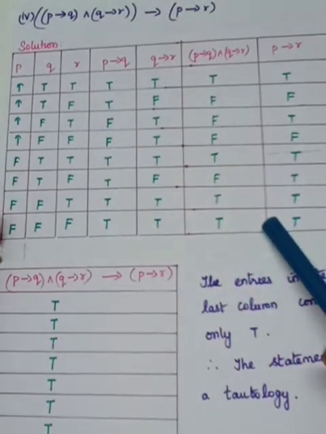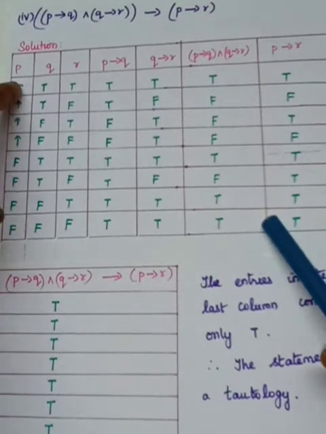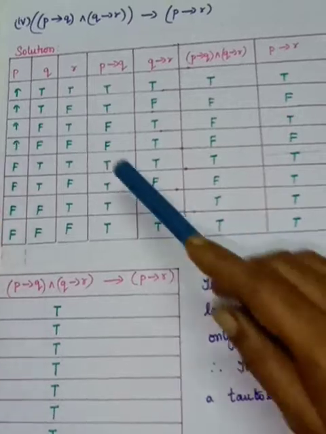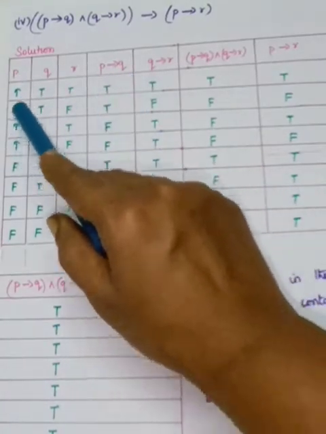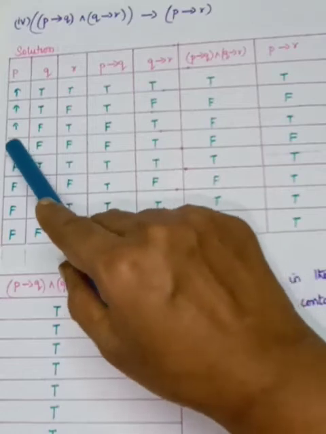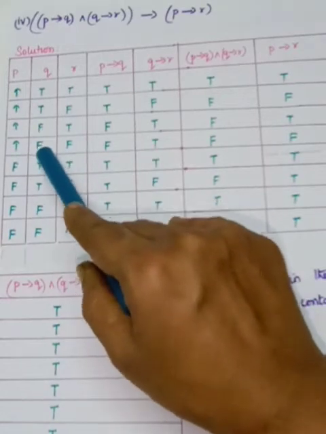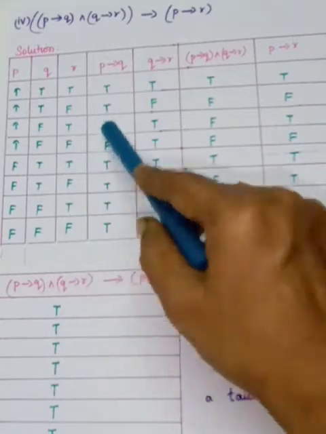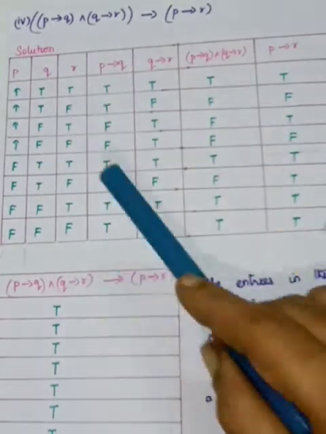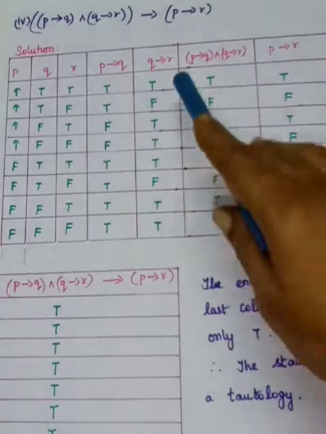Because here P is true, you need not worry about if P is false. You have to see only the true. The first statement true, second statement false. So you have to see only the 4 true. So the second statement, how should it be? False. If we have T and F, you have to write false. The other results are T. So I have filled.